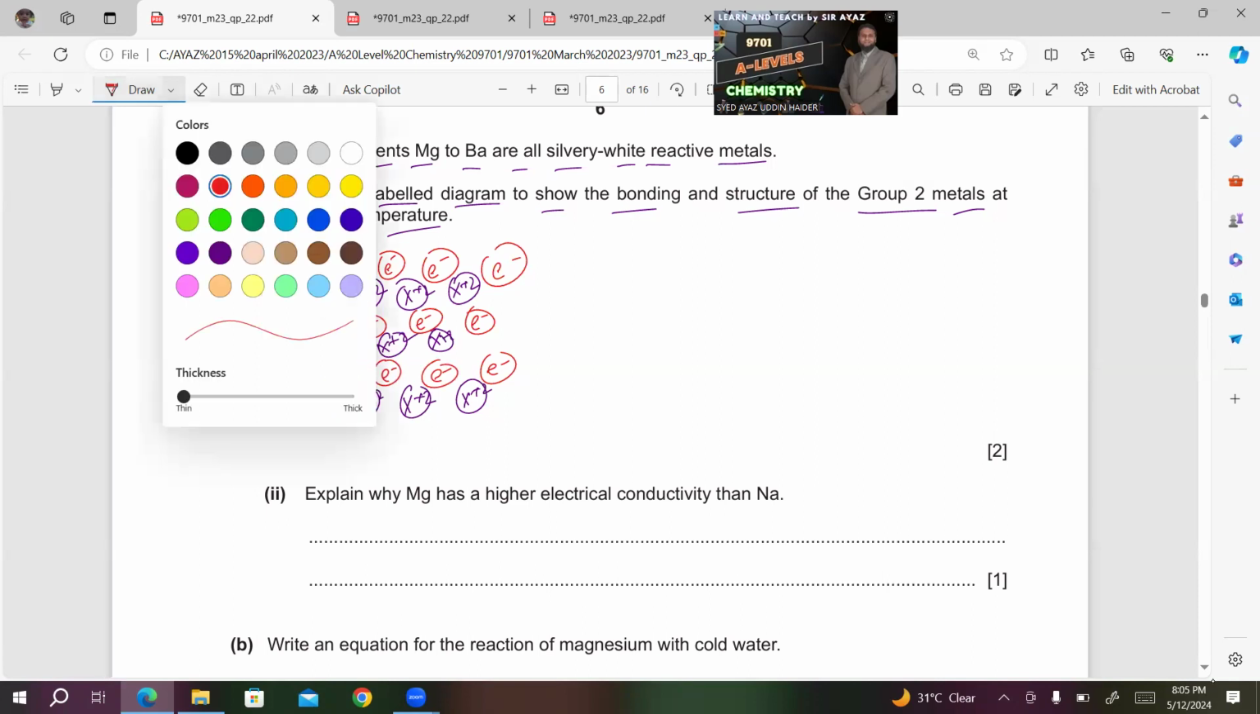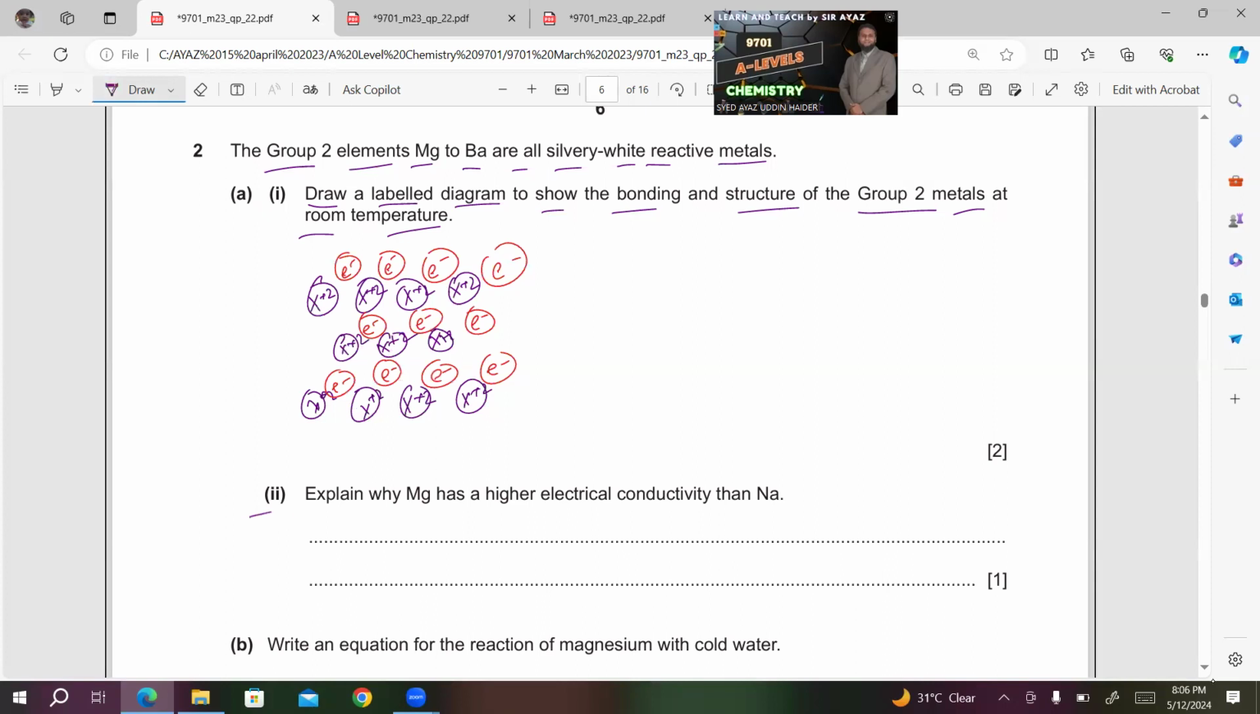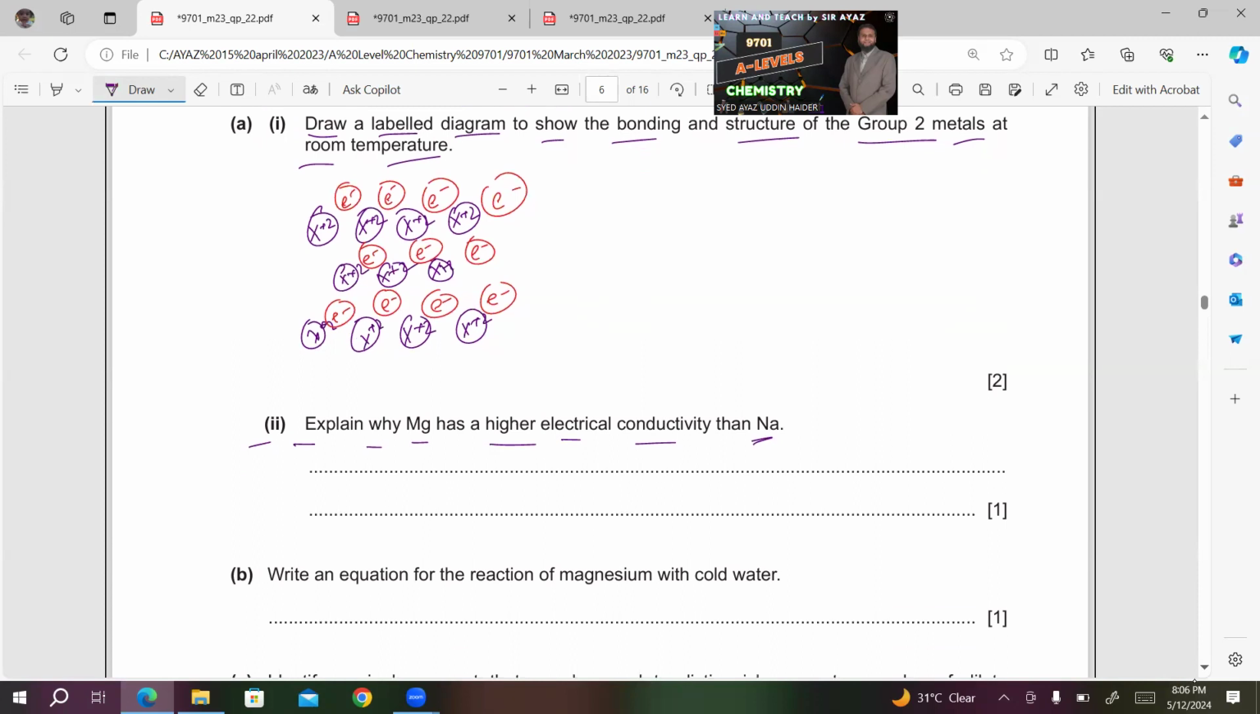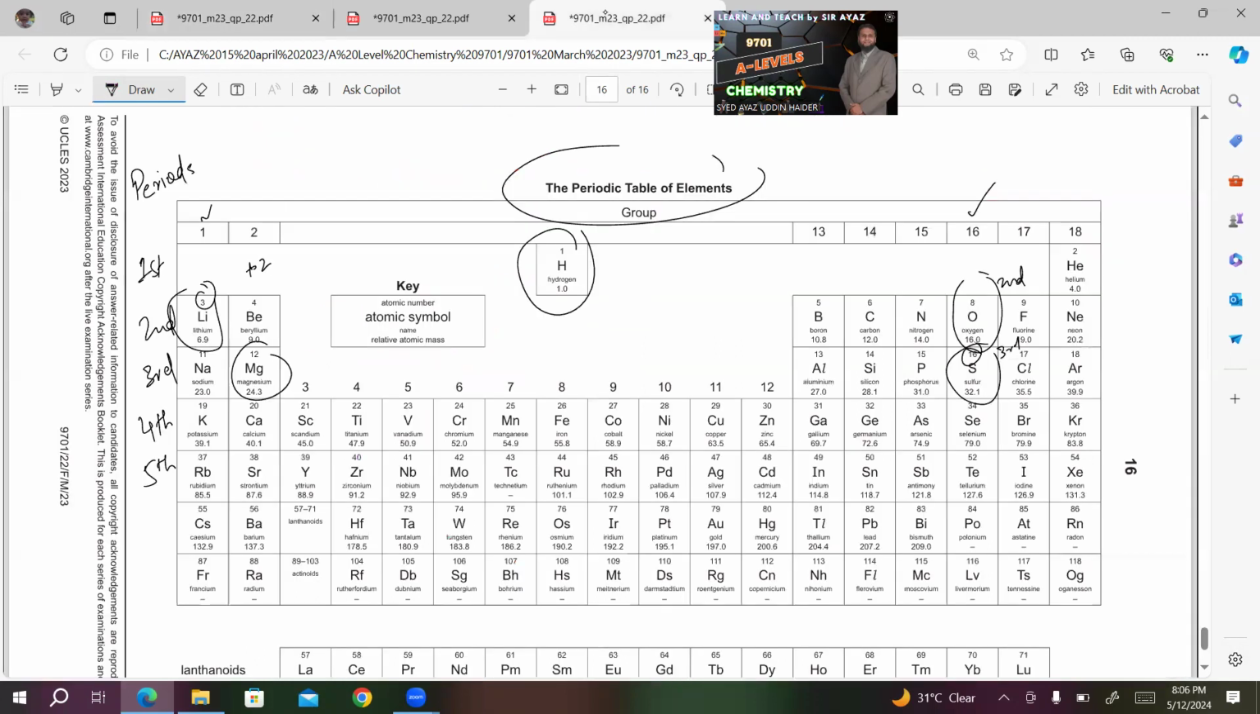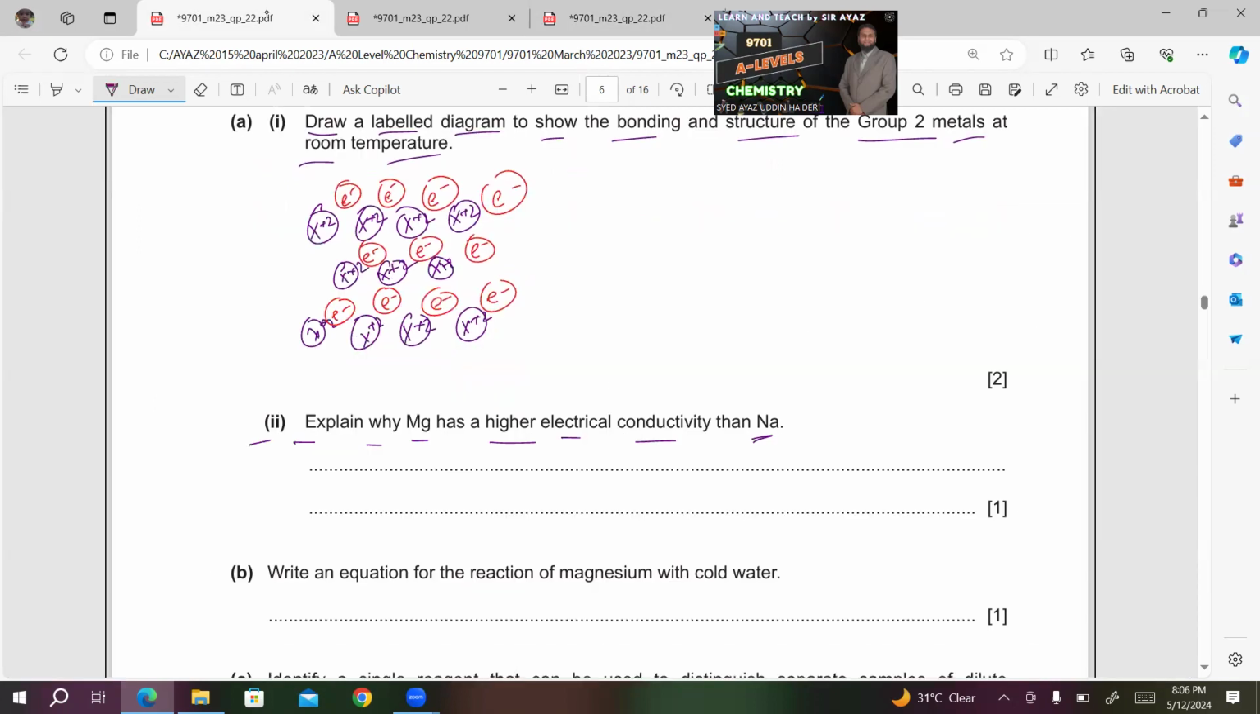This will be the final diagram. Okay, number 2, explain why Mg has a higher electrical conductivity than Na. Look at the position of Mg and Na. Here's Mg, here's Na. Na is in group 1, Mg in group 2, which means it has a higher number of delocalized electrons. So you can write